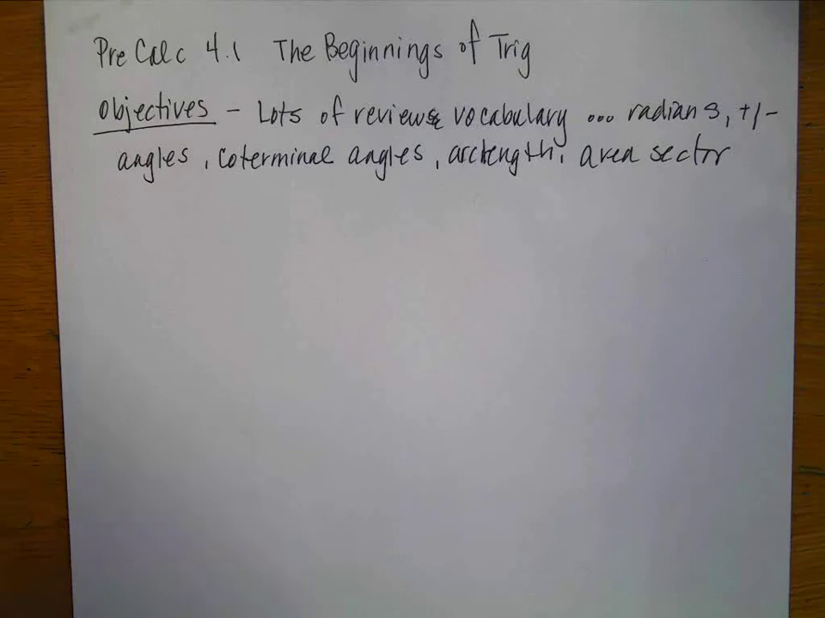Hello, math humans. We're going to do 4.1 today. We're going to be starting our Trig unit. Actually, we have 3 chapters of Trig. Our objectives are that we're going to do lots of review vocabulary. We're going to talk about radians, positive and negative angles, coterminal angles, arc length, and then the area of a